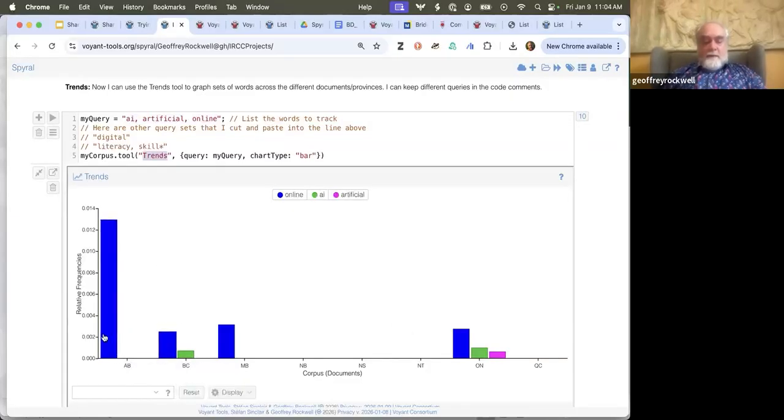So for each province, I've got this organized by province, I can see that Alberta is using the word online a lot in the proposals from Alberta. BC has online and has the word AI. Manitoba has online, and Ontario has online, AI and the word artificial because it's probably they've spelled out the full